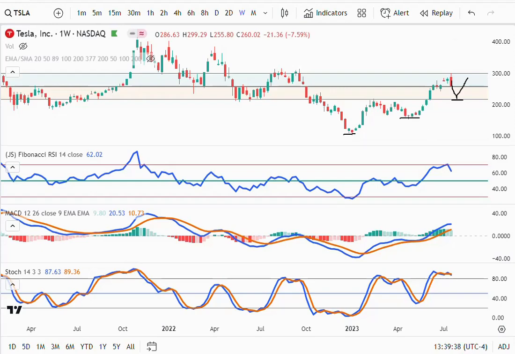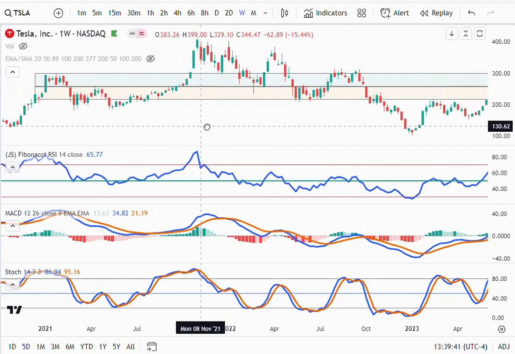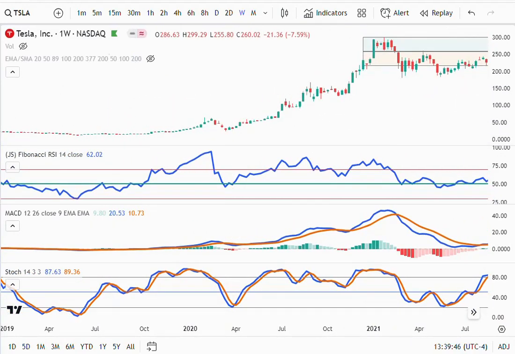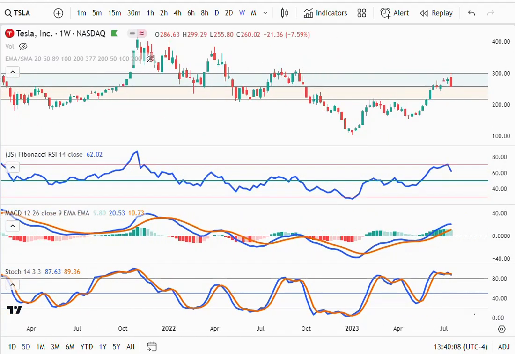If you look to the left, let me make my point. When Tesla shares were rising right here, it doesn't continue to rise. It goes through a period of weekly consolidation and then another leg up, another few weeks of consolidation, another leg up, another few weeks of consolidation, another leg up. So it's entirely possible that Tesla is entering a period of weekly consolidation where we could expect to see some further weakness,